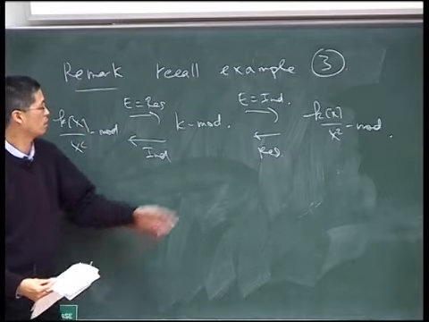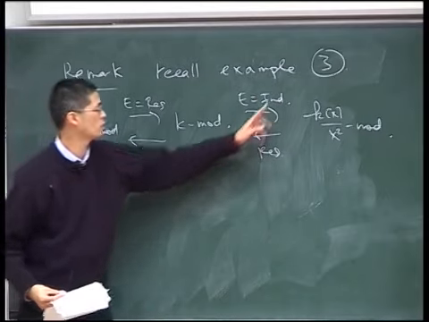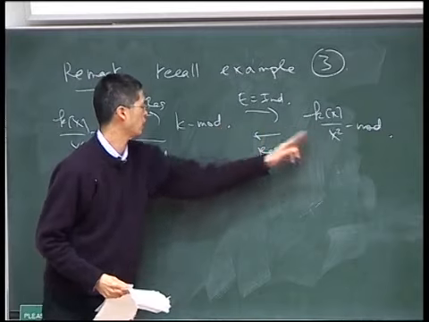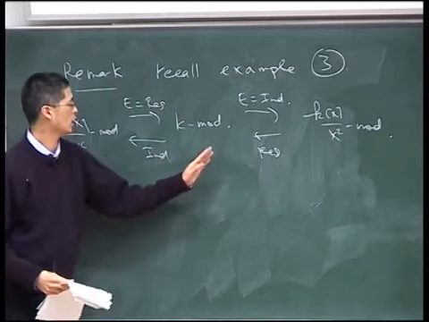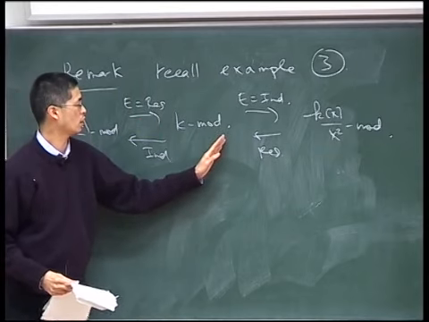Okay, so this was a mild variation on example 2, where the roles of k mod and k of x modulo x squared mod were interchanged. Okay, example 2